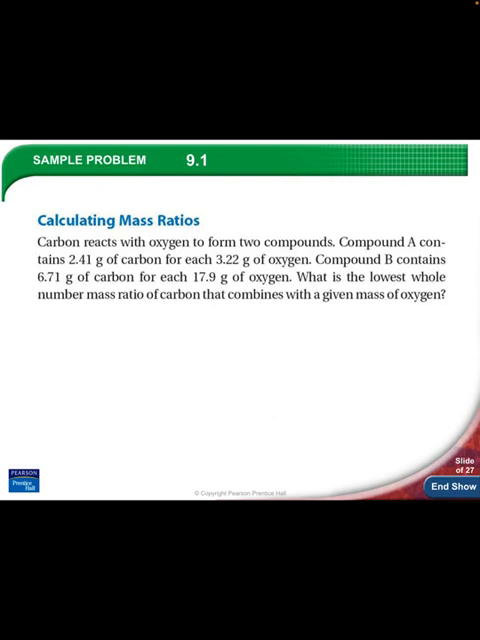Compound A has 3.22 grams of oxygen for every 2.41 grams of carbon. Compound B has a different ratio, 6.71 grams of carbon for 17.9 grams of oxygen. This is something we do more in advanced chemistry courses, or maybe AP chemistry. You want to calculate the lowest whole number ratio of carbon in these 2 compounds that combines with a given